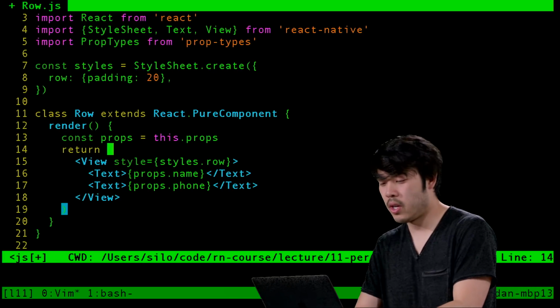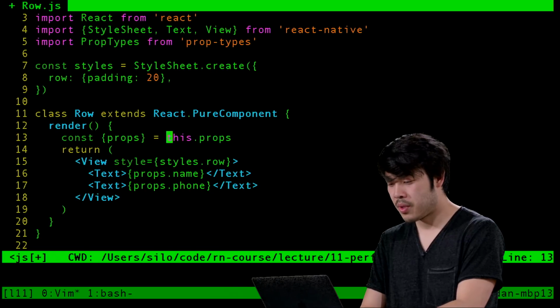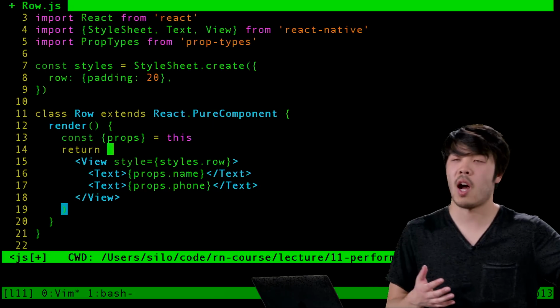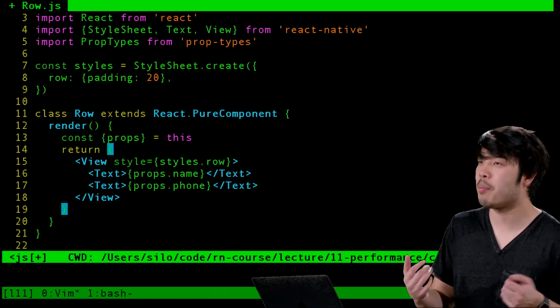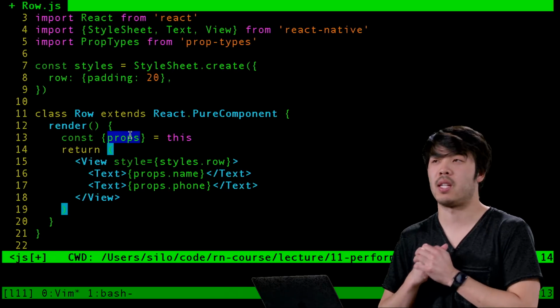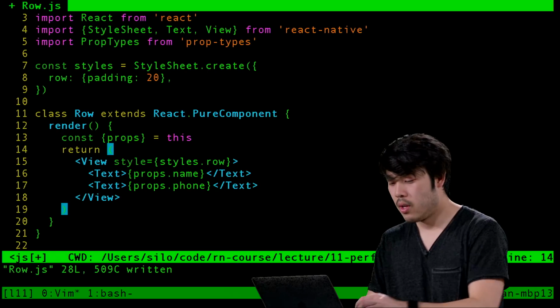And we can actually use the shorthand here and do const { props } = this. In other words, this we expect to be an object. We expect it to have a key called props. And so let's create a new constant called props and assign it to the value of the key props. And so now, if we save this,